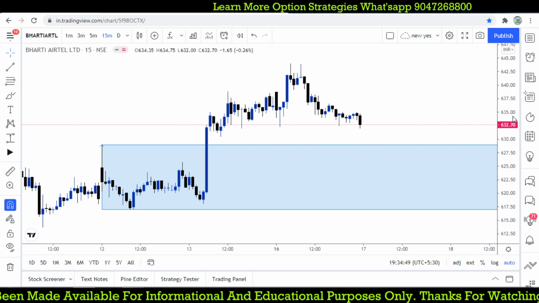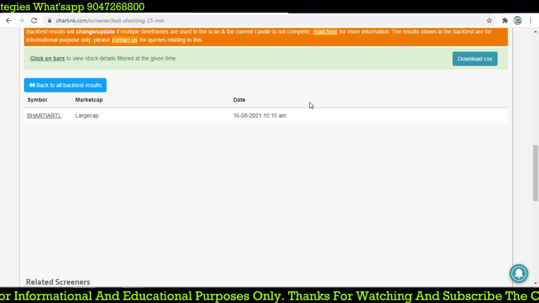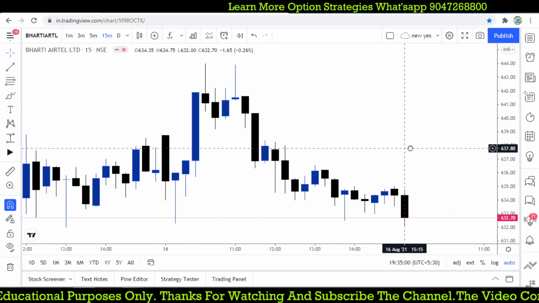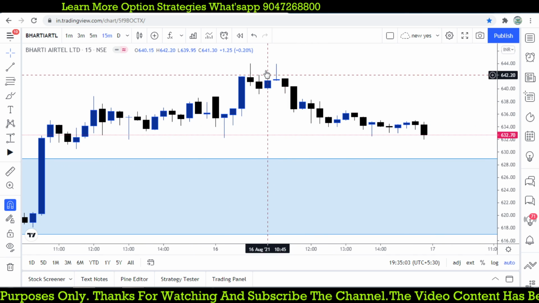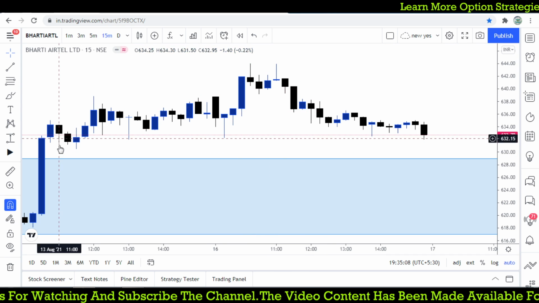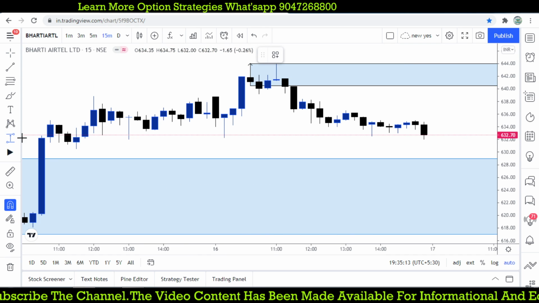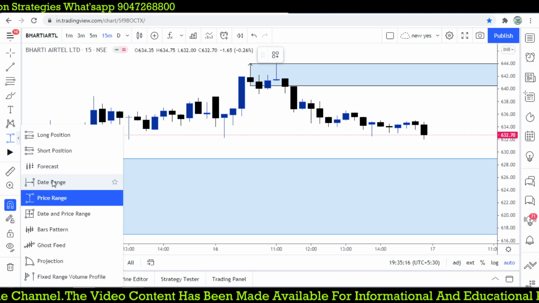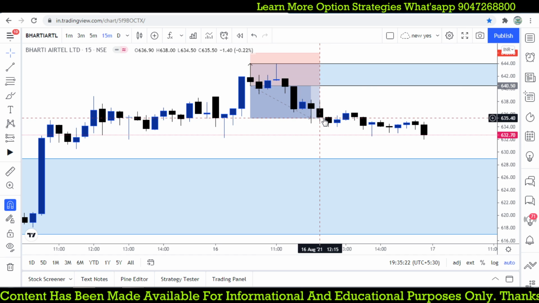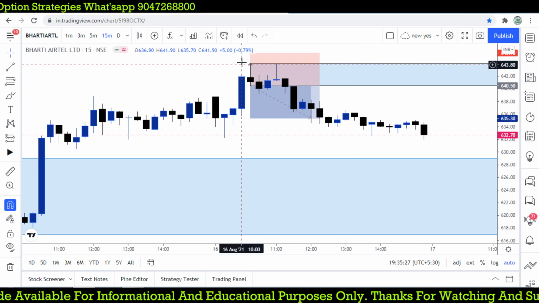Bharti Airtel on the 15 minutes time frame, where it formed at 10:15. That is the candle formed at 10:15. A great setup. Initially the market moves big high and there is a reversal candlestick pattern which forms at the day high where the market reversed. How much risk I'm going to take, or how I'm going to take the short trade at this point, how it is working, I'm going to do from tomorrow live, so that my target gets triggered as I take the risk and reward. That was triggered very well at this point.